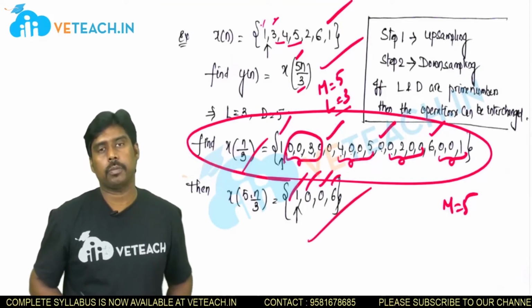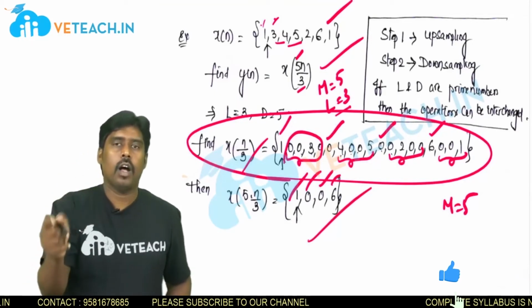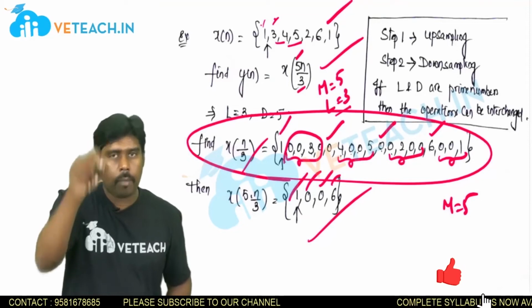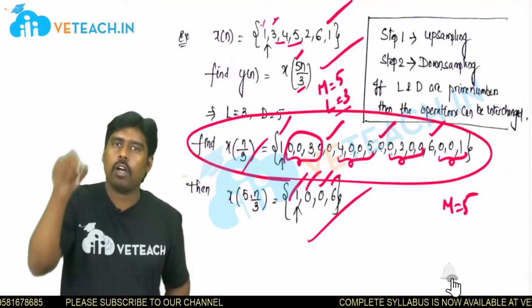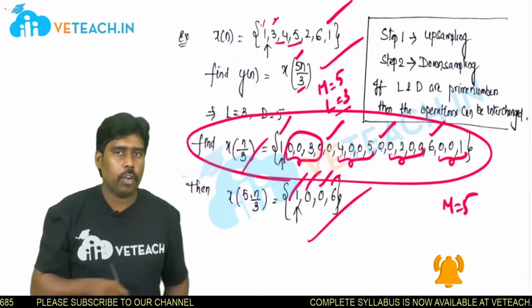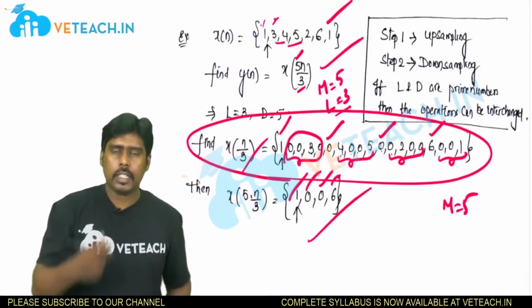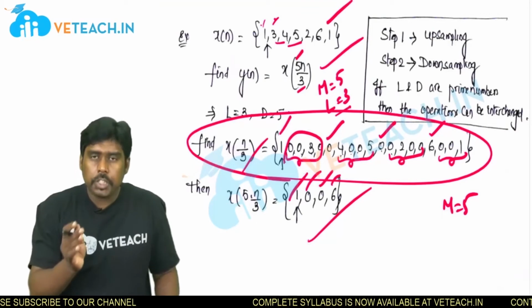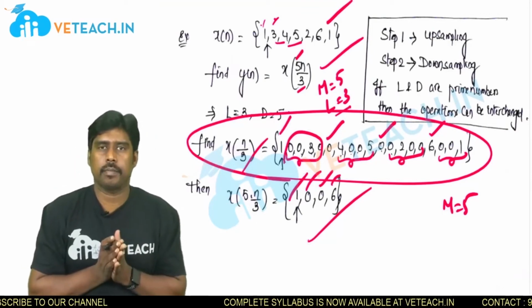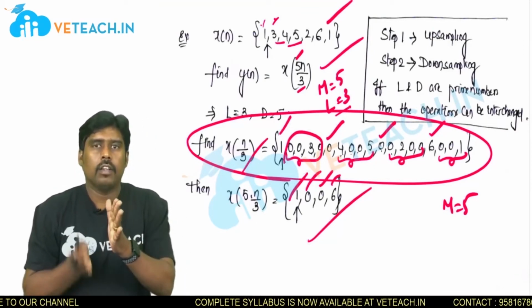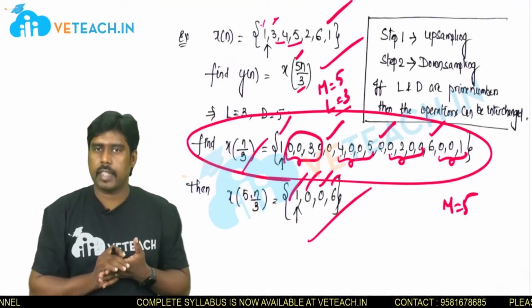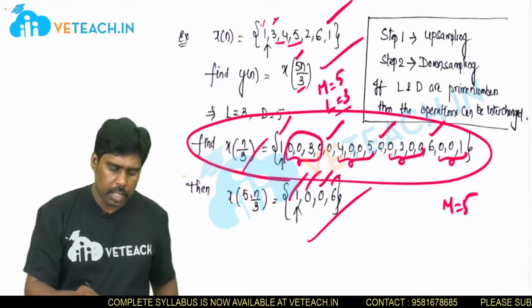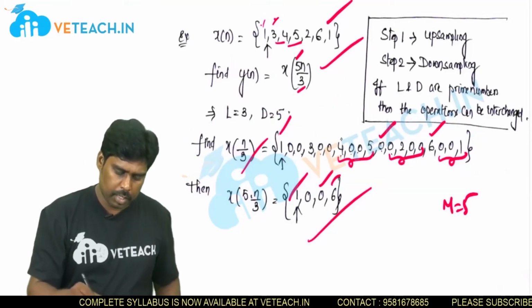This is the output. So first the L operation, and on that result perform the M operation. That means first upsampling, and on the upsampled version perform downsampling. Now as I told you, can we interchange these operations? I mean, can we do downsampling first and upsampling later as a second step? Let us check on the same problem.